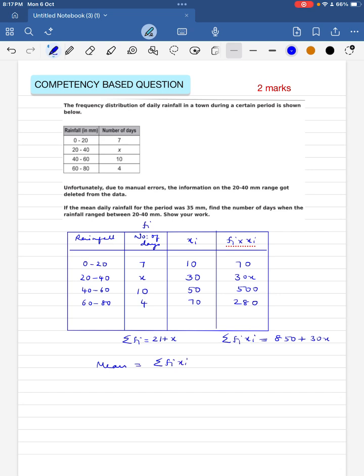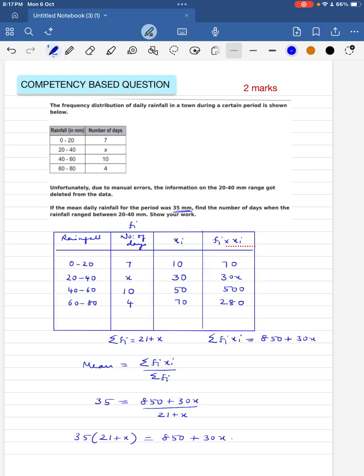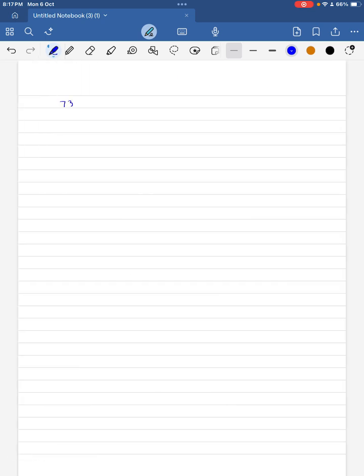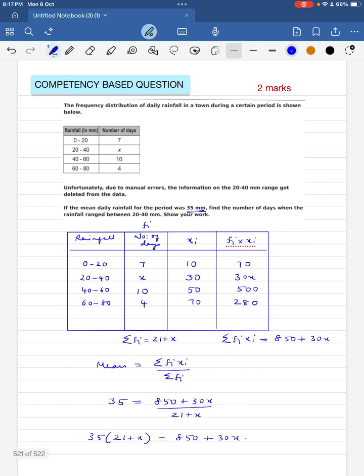Mean is given by sigma fi times xi divided by sigma fi. Now mean is given in the question as 35 millimeters. So 35 is equal to 850 plus 30x divided by 21 plus x. So that's 35 into 21 plus x is equal to 850 plus 30x. Let's open up the bracket. So that gives us 735 plus 35x is equal to